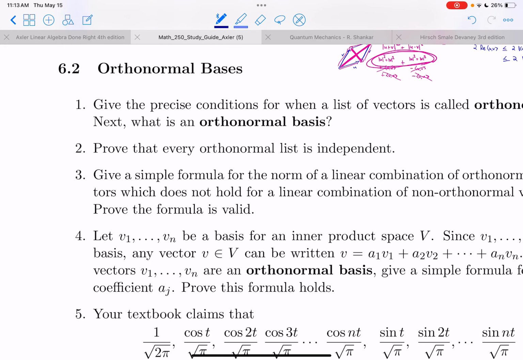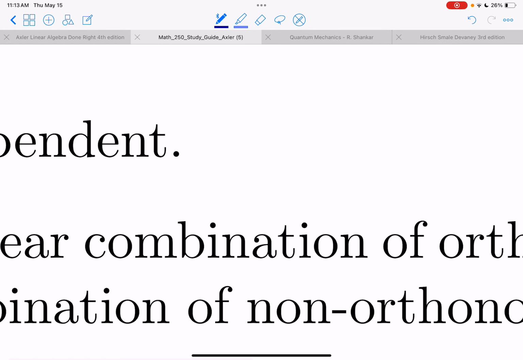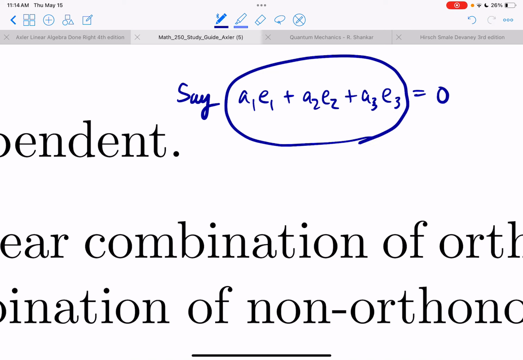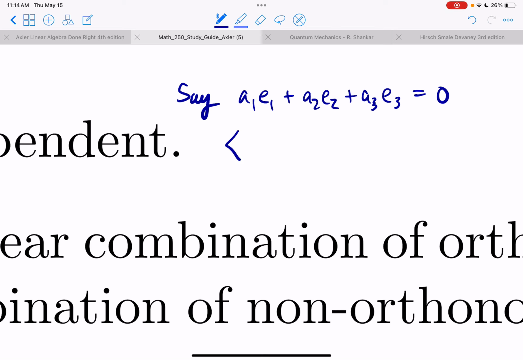Okay. Prove every orthonormal list is independent. So let's suppose that e1, e2, e3 are an orthonormal list, and say that we have a dependence. I need to show that all the coefficients are 0. Well, just take the dot product of both sides of this with, let's say, e1. If I take the dot product of this whole thing with e1,